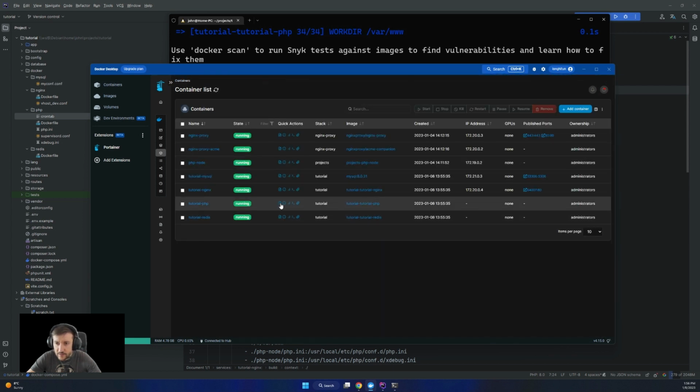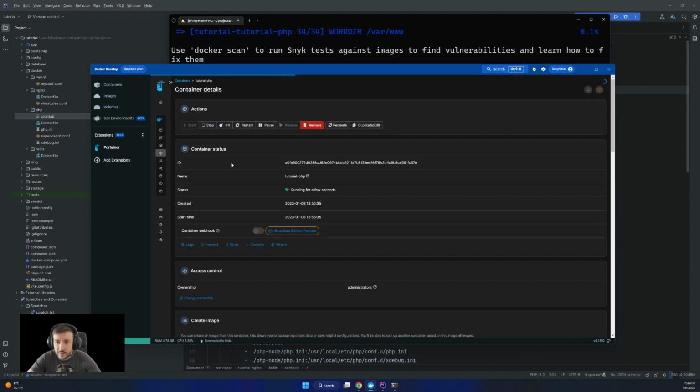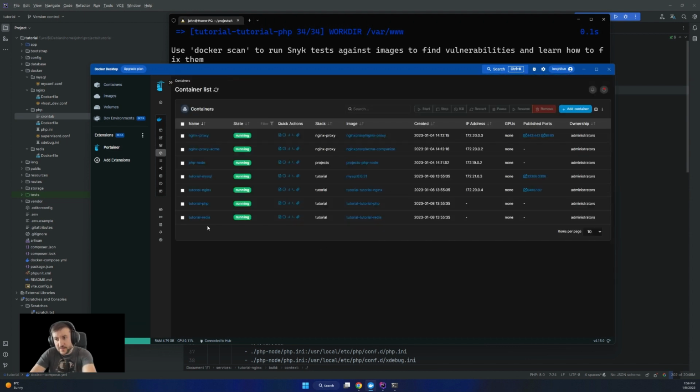Going back to the containers, for the PHP, could not read supervisord.conf. So something must be happening here. We need to see what. And for Redis, ch Redis not found. Okay, so we need to figure out what's with those two. Now it's a debug thing.